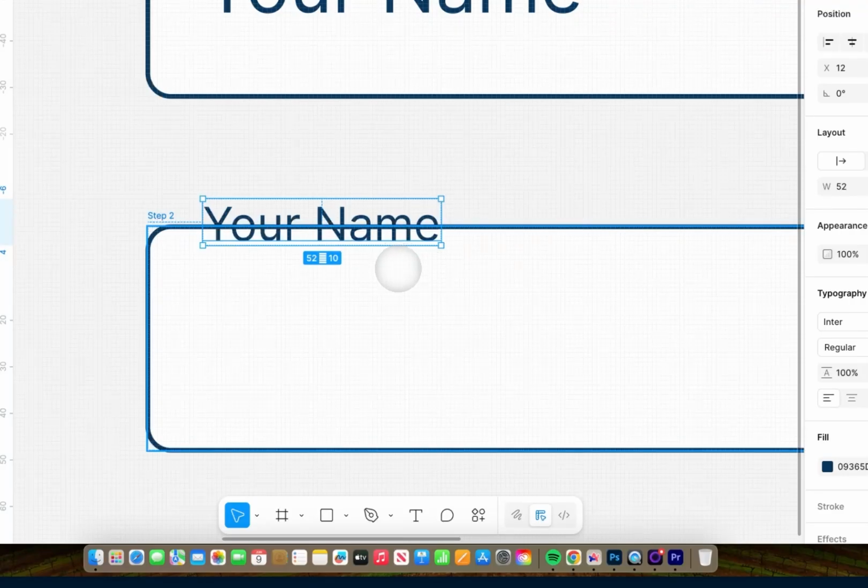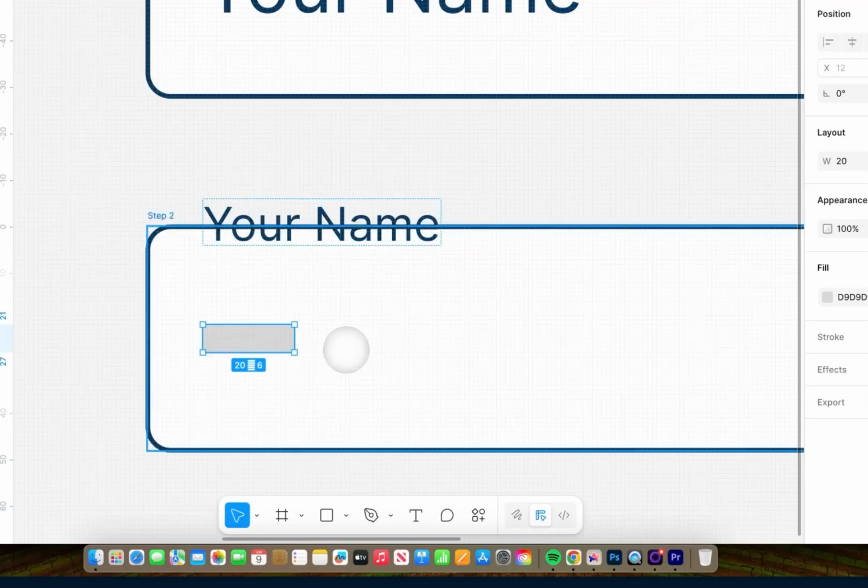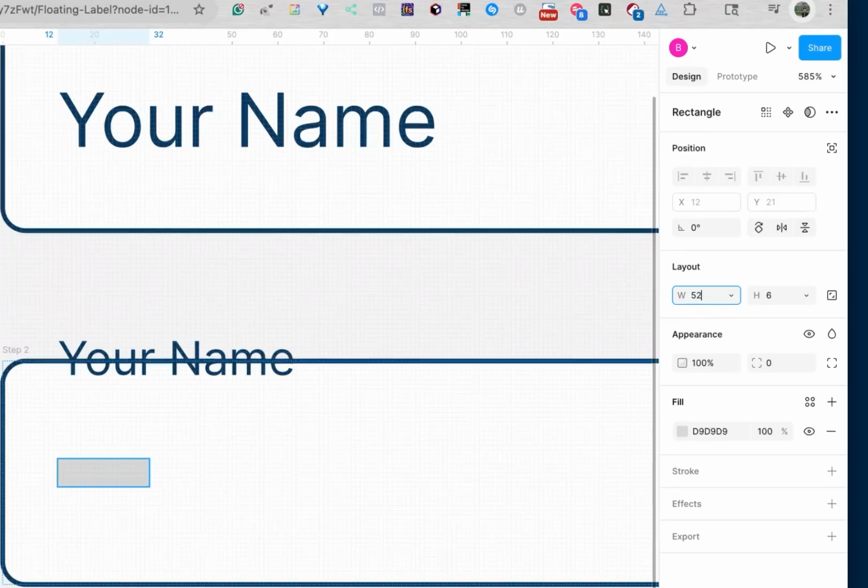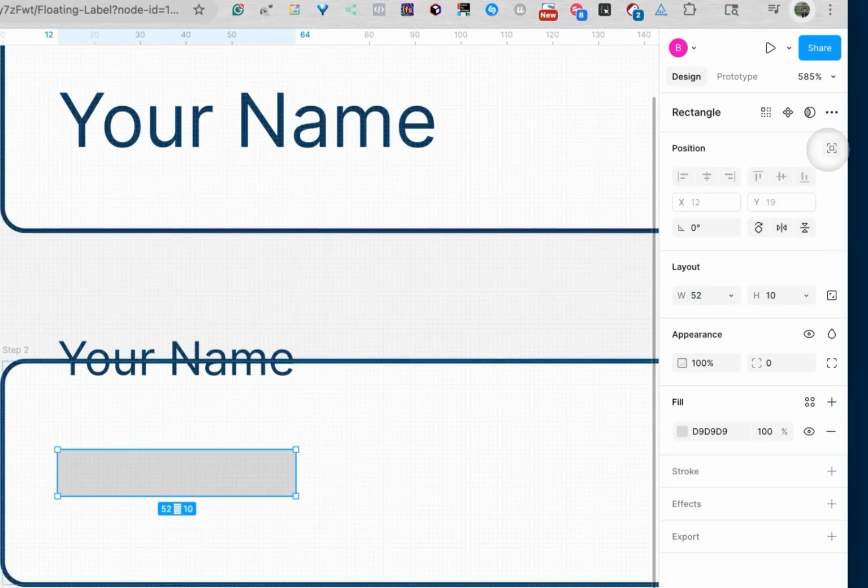So we see this has a width and height of 52 by 10. So I'm going to go down to the rectangle tool and I'll draw out a rectangle that has a width of 52 and a height of 10. Position it absolute,